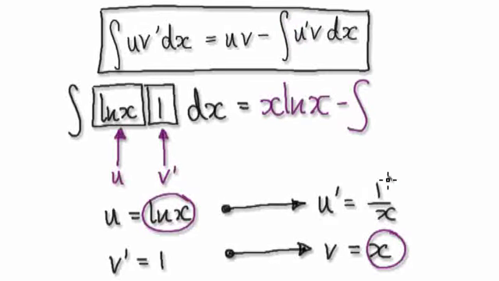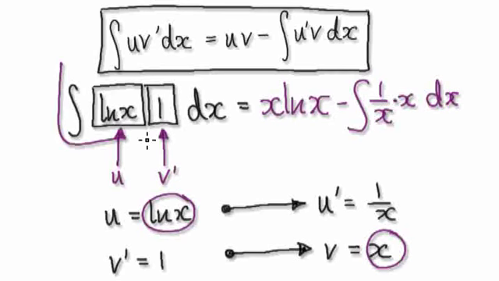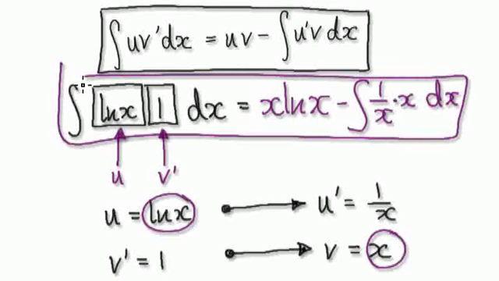u prime. Where's u prime? U prime is here, 1 over x times v. Where's v? V is here. So it will be this, and then dx. That's this dx here. Now this here gets multiplied to the top, giving you 1. So this whole thing here will be 1. Okay. So this whole thing here will become